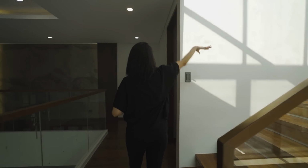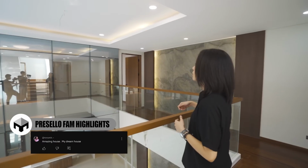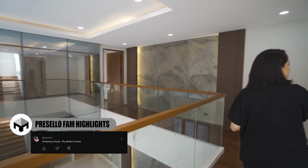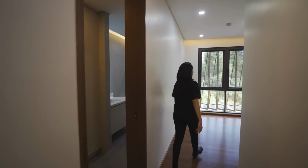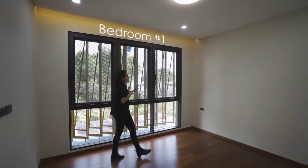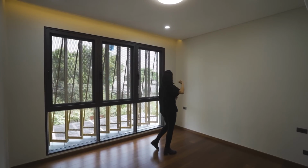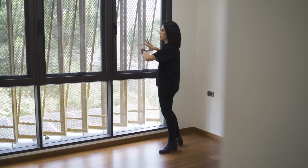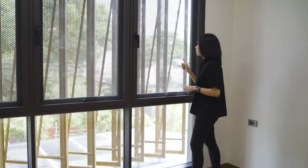Okay, so now here on the second floor, we have an L-shaped hallway that's open, like you can peer below. And then that material is very reflective. So we're gonna see that up close later, but first let's check this one out. So we have bedroom number 1. Sige, ito ba tayo? Okay, so you already have an inverter in place, split type. So you have this much space, you have high ceiling, flat ceiling with some pin lights and a main light here in the middle, and then cove lights here on this side. You have a huge window, actually huge windows, plural, with, again, the steel screen. Now, at the front of the property, merong mga...